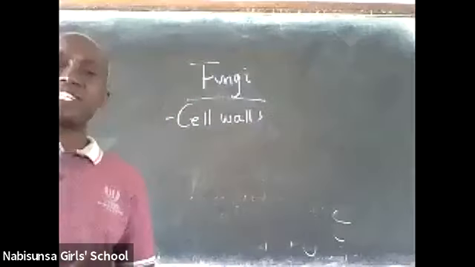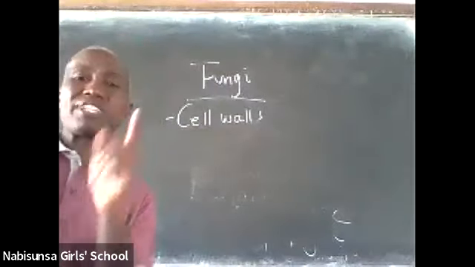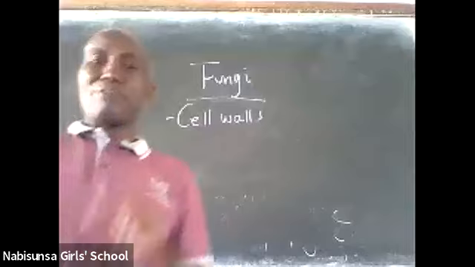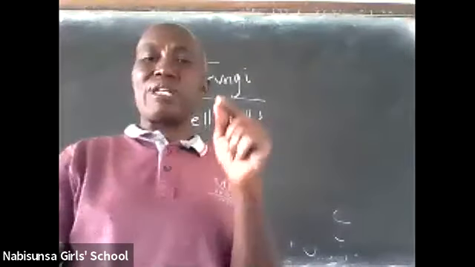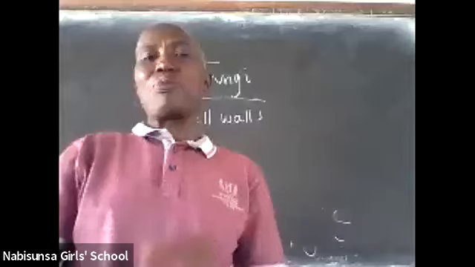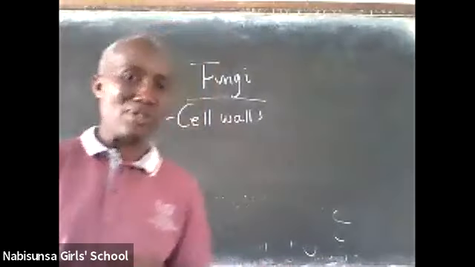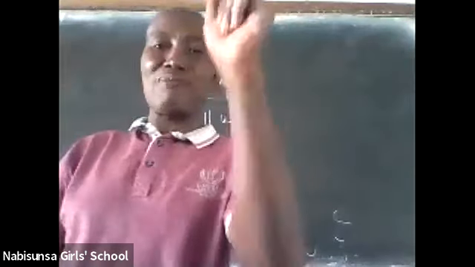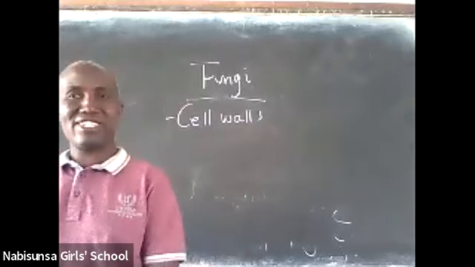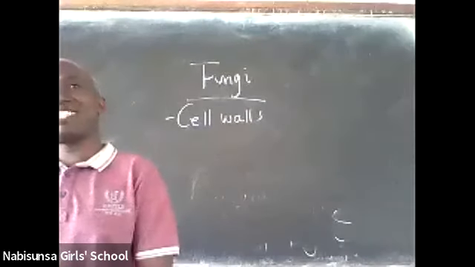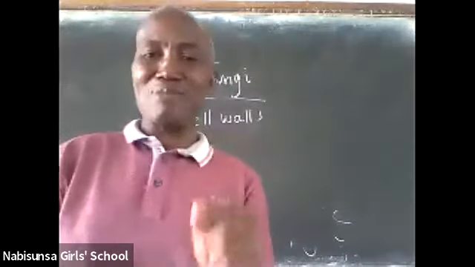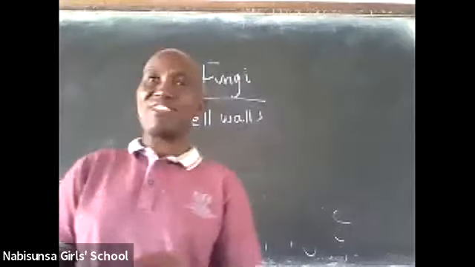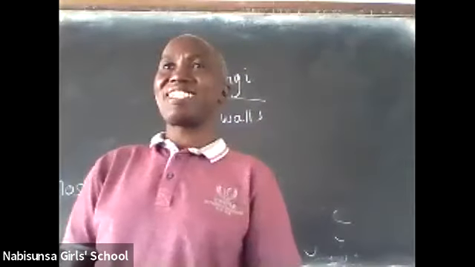Now, when we're looking at the plants, I hope we remember, we said plants are made up of cells that have a cell wall. But we said the cell wall in the fungi is made up of a certain carbohydrate. We gave the name of that carbohydrate. Do we all remember which carbohydrate makes up the cell wall in plant cells? Yes, Jeremiah. There's a certain carbohydrate, a complex carbohydrate.